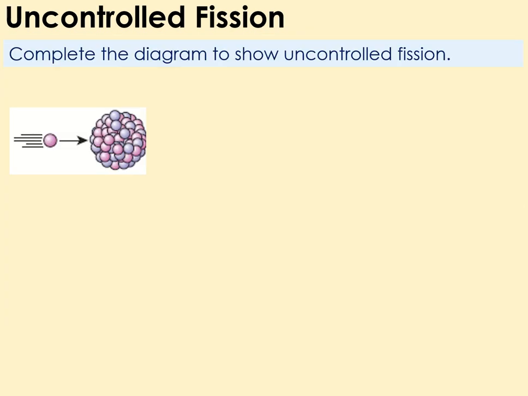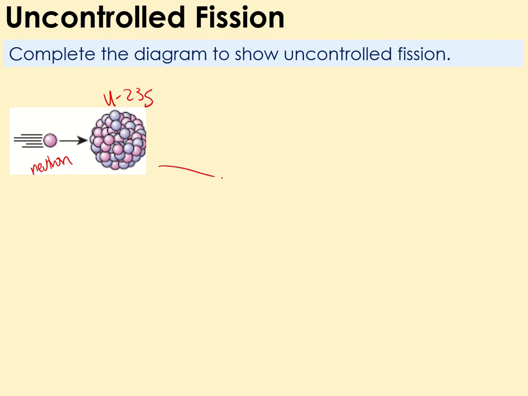So I'm just showing you this because it came up in an exam question a while ago, which was drawing your own diagram of fission. So from this start point, could you label the diagram and show what happens next? So you might want to pause the video now, and then in a minute restart it and I will show you. So I would label this neutron, label this